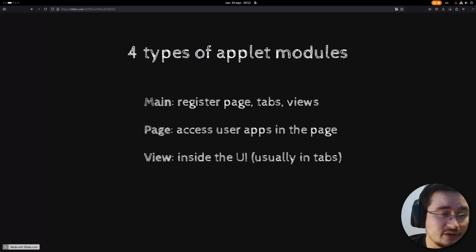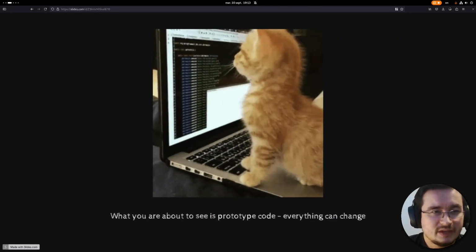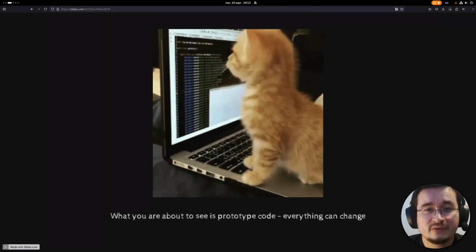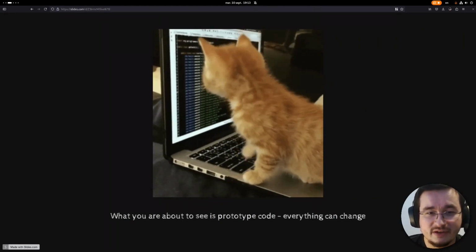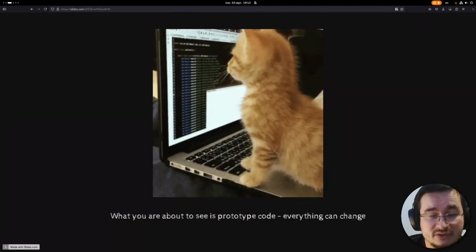So for example, a component inspector with the tree and the state inspector. And you're gonna have some server modules as well, which are going to be mocked if you build your application with DevTools enabled. I'm gonna show a little bit of code during this talk, but it's still work in progress and everything is subject to change.